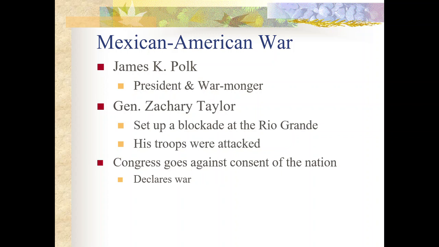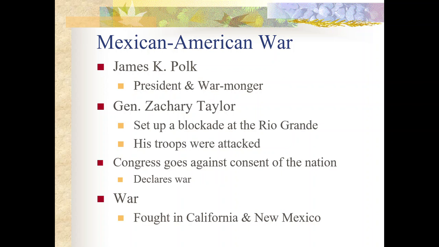Congress does not want to declare war, and actually one senator in particular who calls out General Zachary Taylor on his position was Abraham Lincoln, who says, well, wait a minute, were we completely innocent in this situation? He's questioning General Zachary Taylor's position at the Rio Grande. But Abraham Lincoln is of the minority. Majority of citizens want to go to war with Mexico. They want to continue their expansion. And so that is what we're going to do.